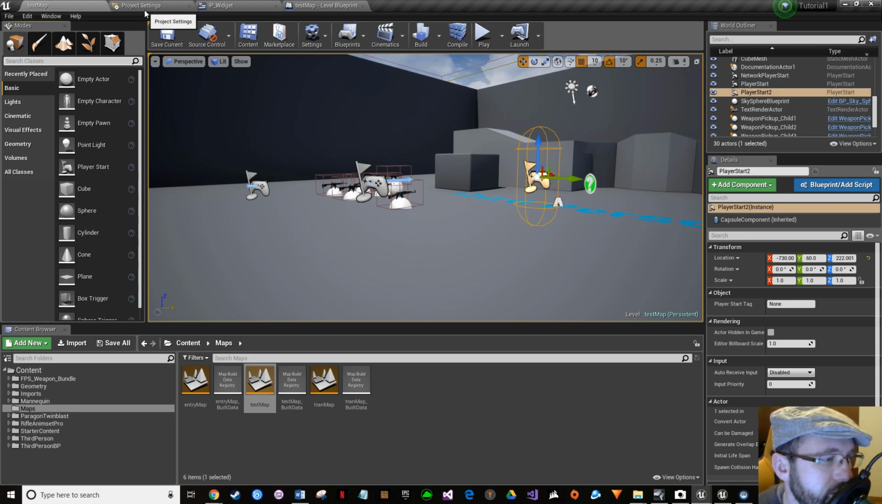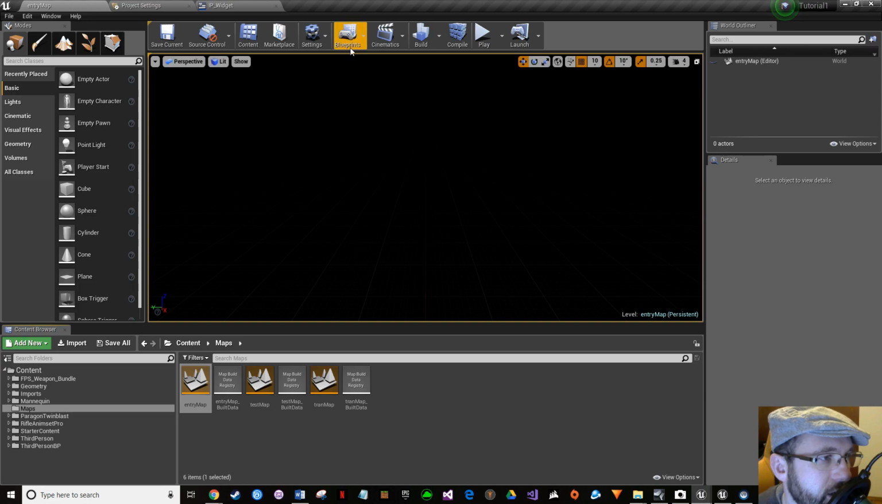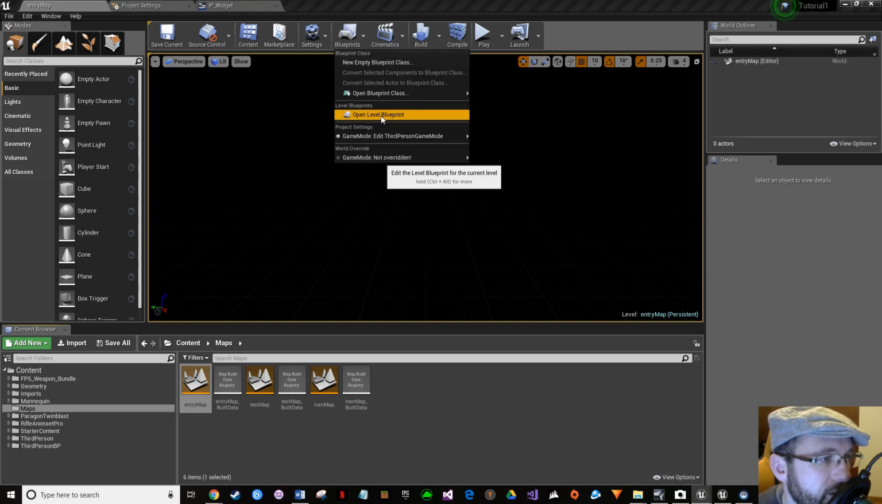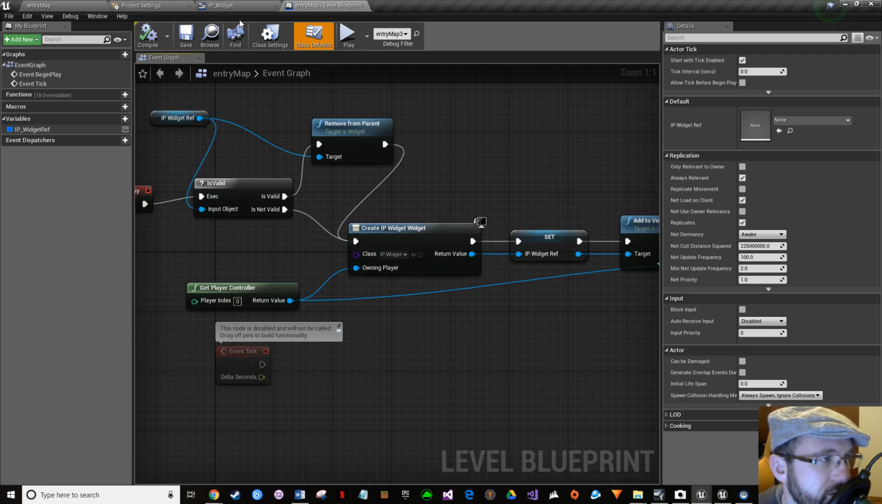Okay. Back into, go to the entry map. This is where the code should be. So that's your widget, not your code that you need to check. Blueprints, open level blueprint. Okay. Event begin play, your widget will fire. And then when your widget fires,